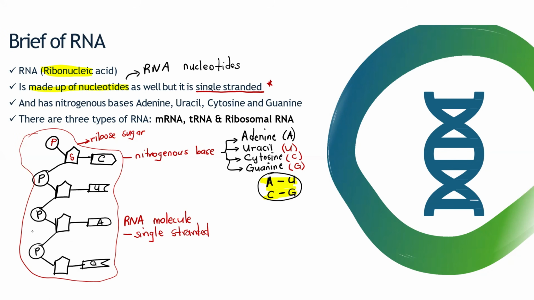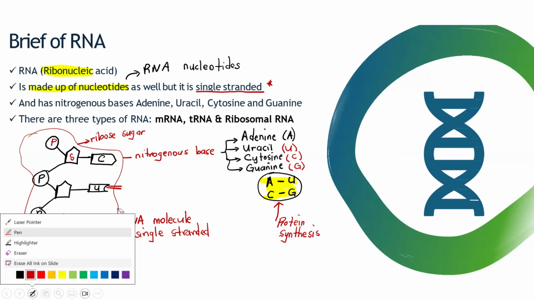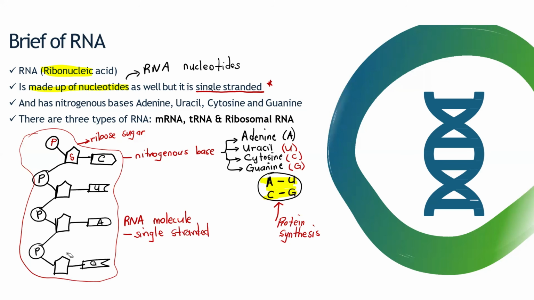So this pairing that we are doing here, we only use it when it comes to the process of what? Of protein synthesis. When we start explaining the process of protein synthesis, you will get an idea of the whole purpose of pairing adenine and uracil. But naturally, if you find an RNA molecule, it will just have nitrogenous bases that are not paired to anything. So don't draw any weak hydrogen bonds here when it comes to RNA, because it is single-stranded. Are we still together?